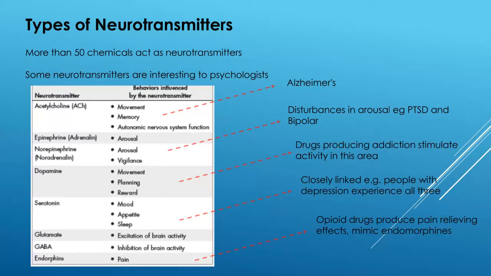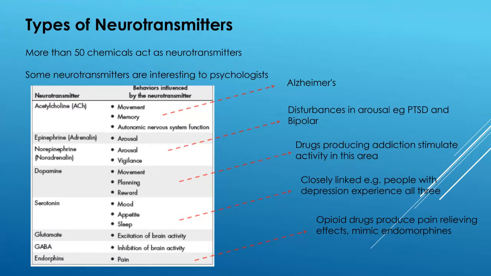Okay, so those little neurotransmitters that we spoke about, those little things that get released from those vesicles into our synapse, are things like ACH. You've got a couple of pages of these in your textbook, so I suggest you just read through them. I won't go into too much detail here, but there's a paragraph in each. So for example, your ACH neurotransmitter has an impact on movement, it has an impact on memory, it has an impact on our autonomic nervous system.